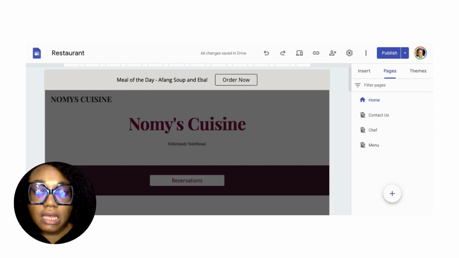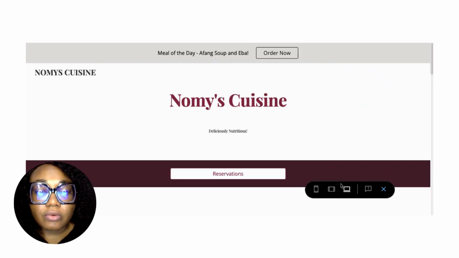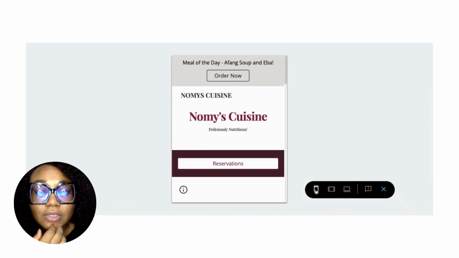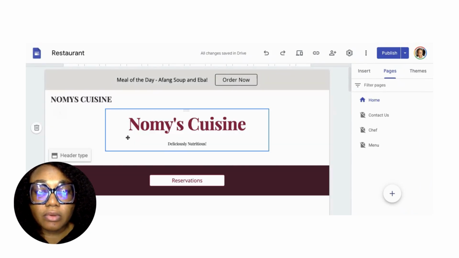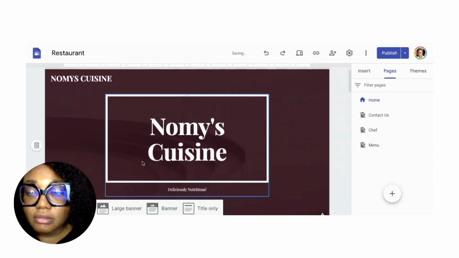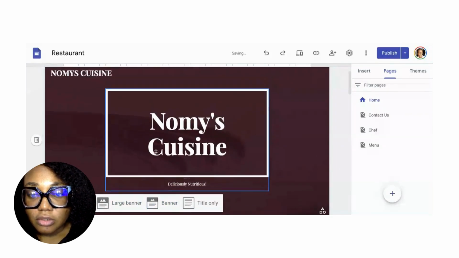Okay, so as I was saying, you can hide your pages here and then click on publish, right? But let me just quickly show you what it looks like. This is the view on your laptop, this is the view on your tablet, and this is what it looks like on your phone. Now that we've seen that, we've exited the preview. Another thing: this header is a title only. You also have a cover with an image, and a large banner or banner option. So let's do the cover